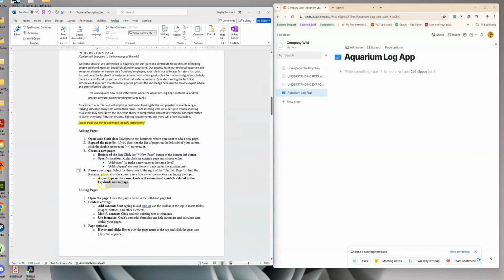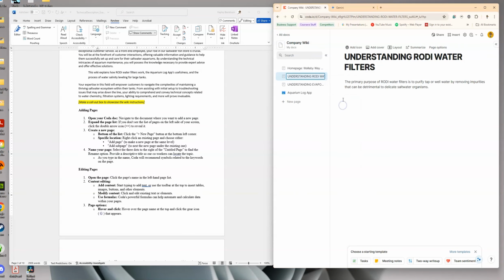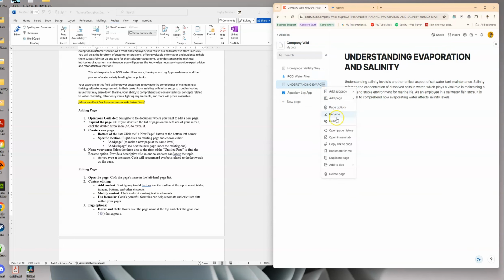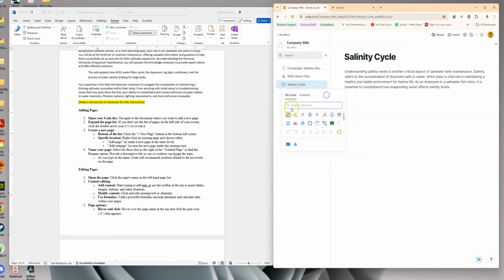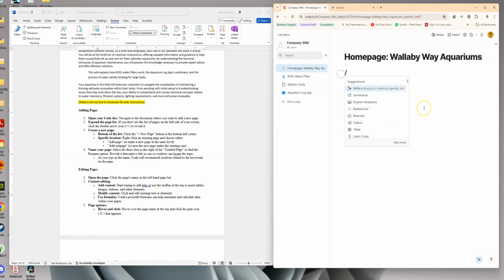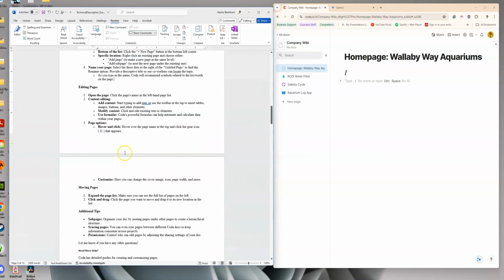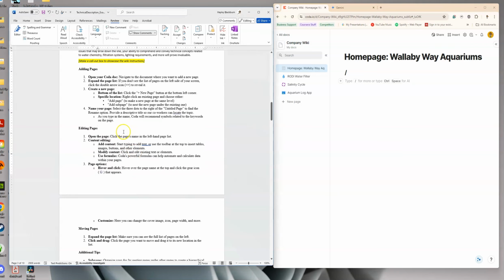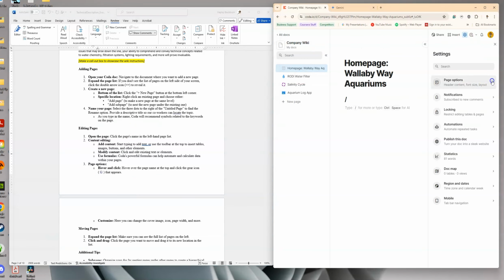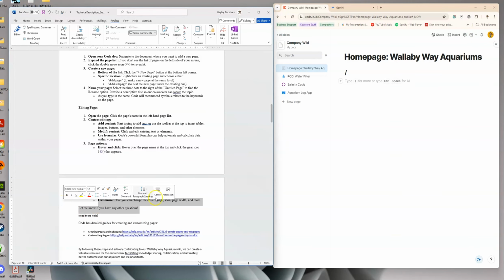Oh, Coda lets me pick a new icon. So let me make sure to add that into the page so my co-workers know what to expect. And as I was selecting those icons, the recommendations were pretty good. I was just thinking, okay, what is a small token representation of what that page is all about? I deleted some of that content that I didn't need and went ahead and wrote this